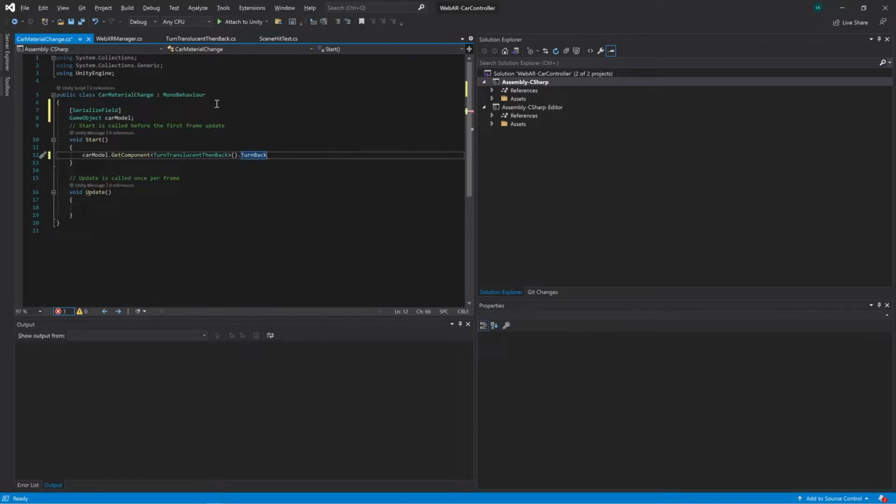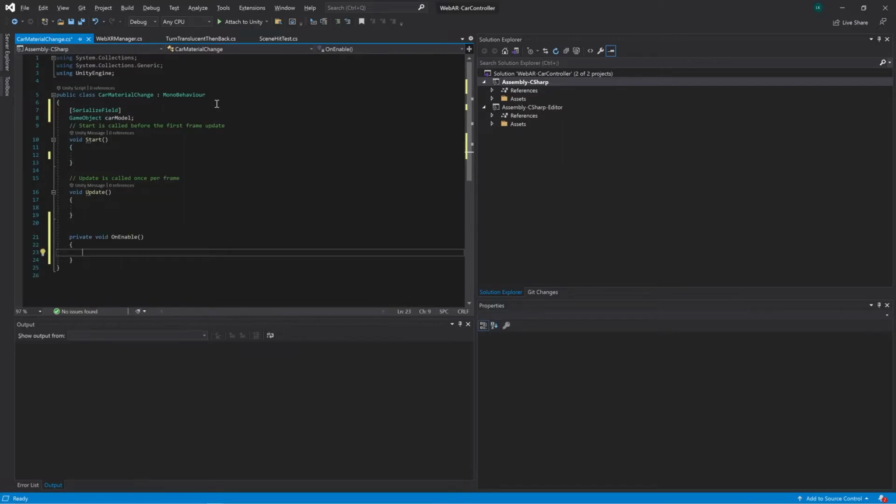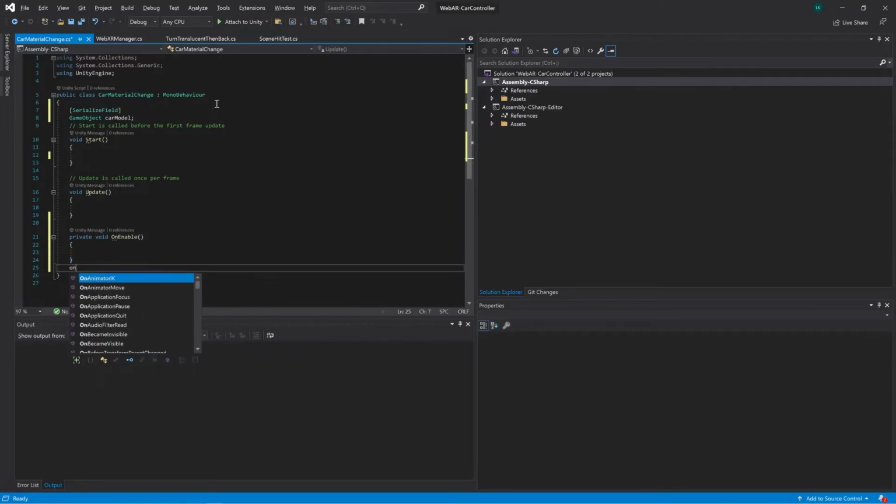When you turn translucent, that will be the invisible state. We have basically two functions, OnEnable and OnDisable, which we'll be using here because we are adding the component to the basic visual, right?